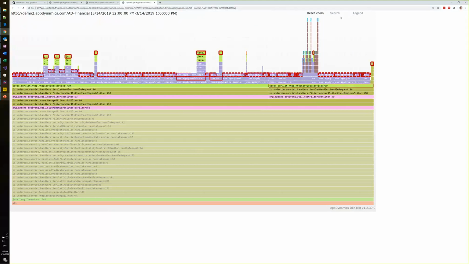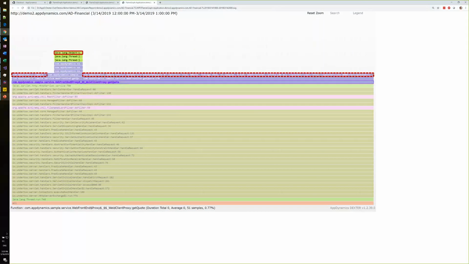I can reset the search to move it out, and now I can investigate the specific calls. So how about if I click on this element right here, the get quote. This is a get quote. It's present 77% of the time in my call element, as indicated by the percentage graph at the bottom of